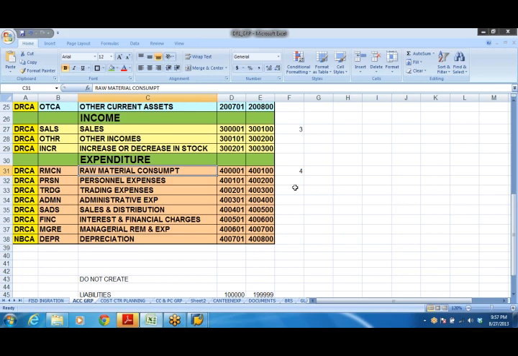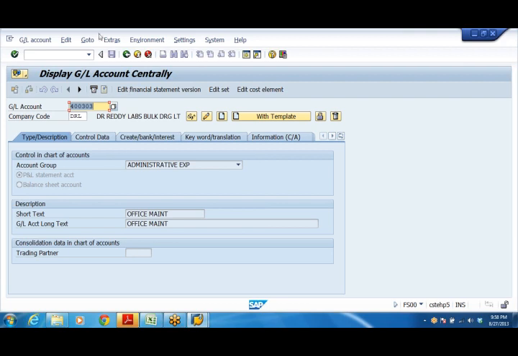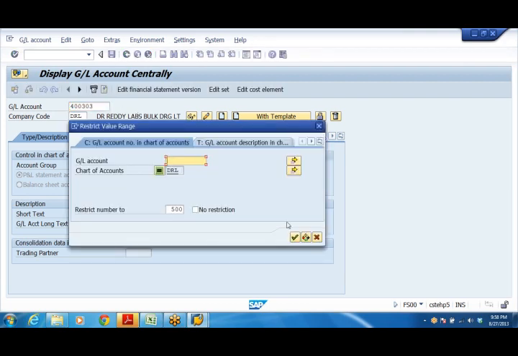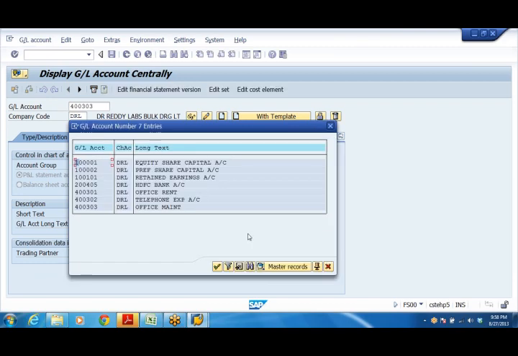Even in case of controlling, when I'm going for reporting, I can properly create cost element groups. For that purpose this will be very useful. So we need to do proper classification, and in that range only I'm creating. So okay, I have created GL accounts. These are the GL accounts I have created: equity share capital, preference share capital, retained earnings, bank account, a few expenses.